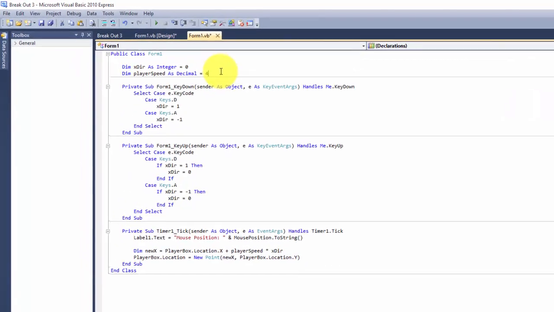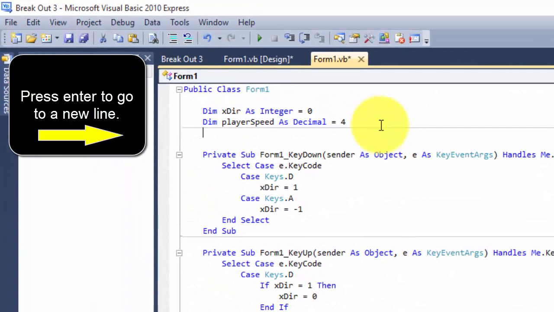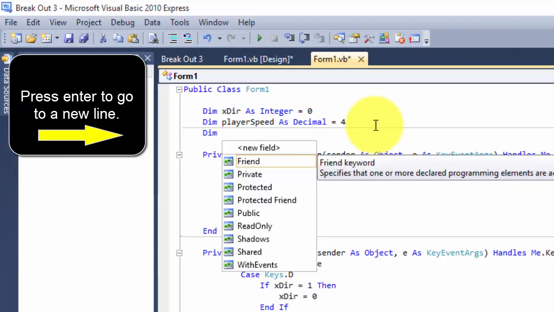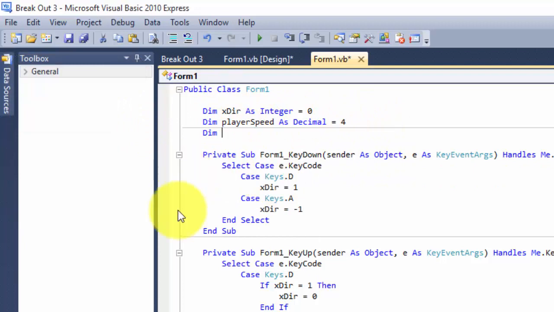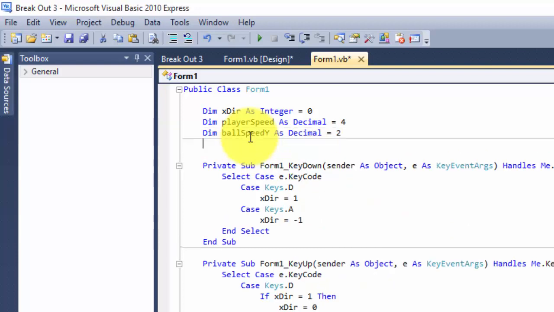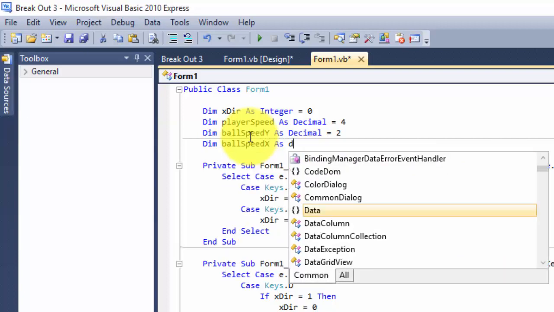So without further ado, let's go ahead and make some variables for the ball. So up here, these are going to be global variables. They're called global because they're going to be used throughout all the different functions or events that we have down here. So we're going to create a variable for our ball speed, but we have two different ball speeds. We have horizontal and vertical. You may want to change these later in the game, so that's why we'll create them as two different variables so you can adjust them later. And again, we might want to be pretty precise, so we'll go ahead and put in decimal. I'm just going to use 2 for right now. And I guess I'll do 2,